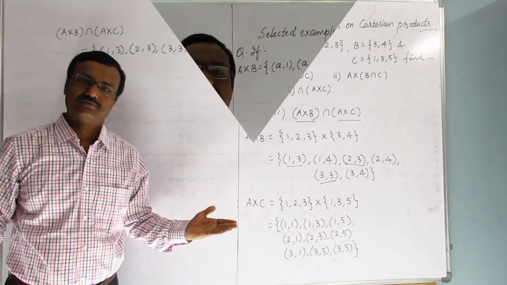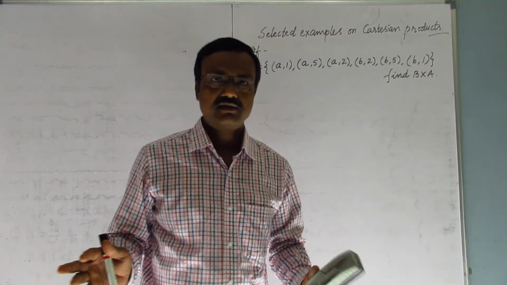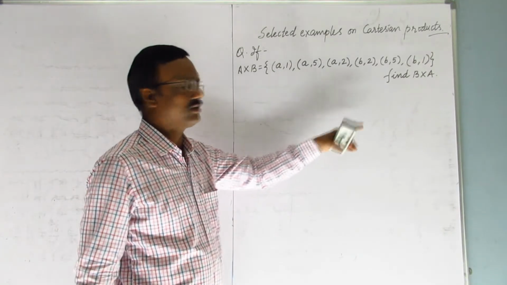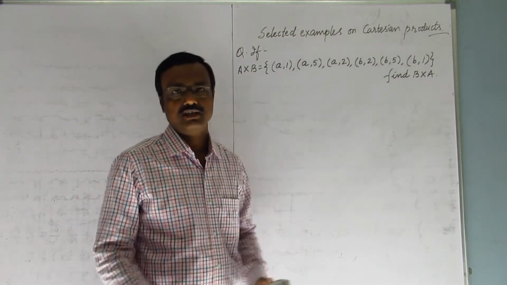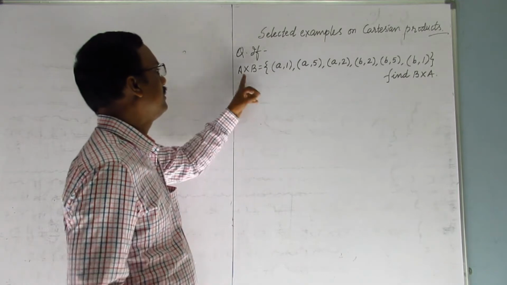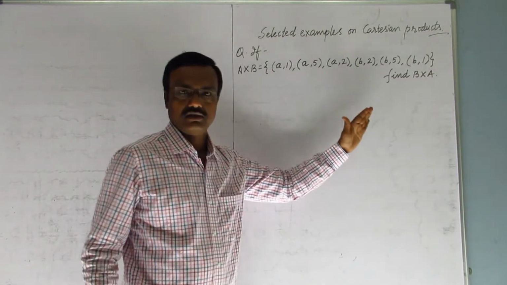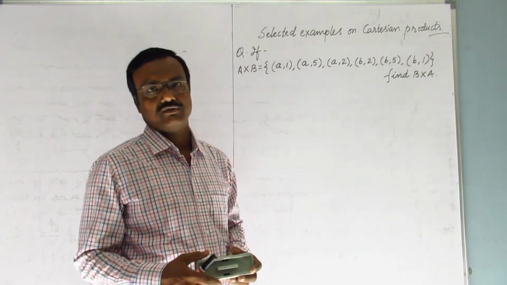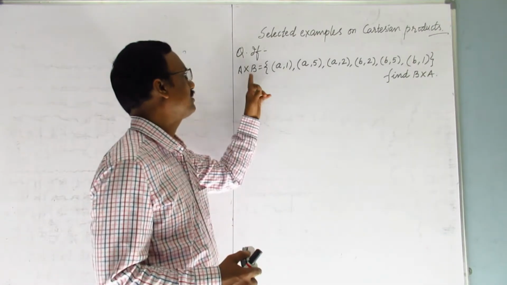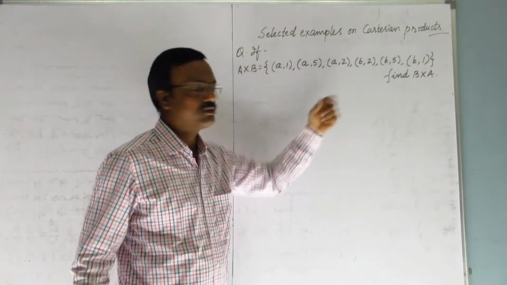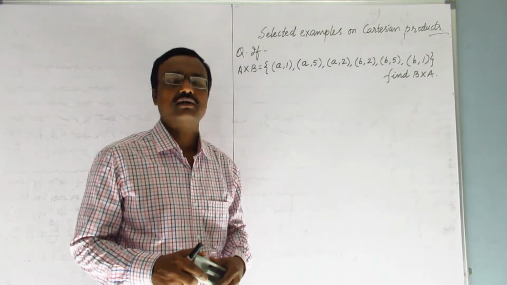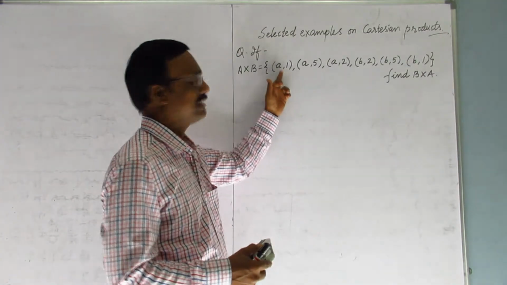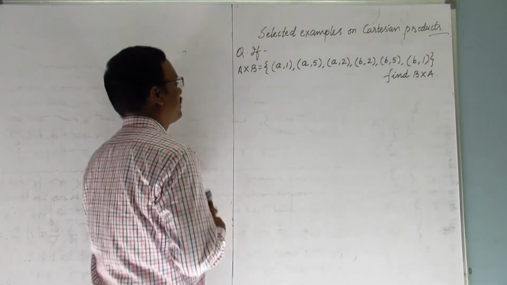That's all. Now next question, students. If A cross B is given over here, we have to find out B cross A. Now we know that A cross B and B cross A, one can be obtained by reversing the elements from the given one. If A cross B is given, B cross A elements can be obtained by reversing the positions of these elements. So finally directly we can write